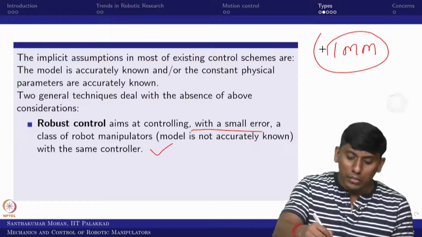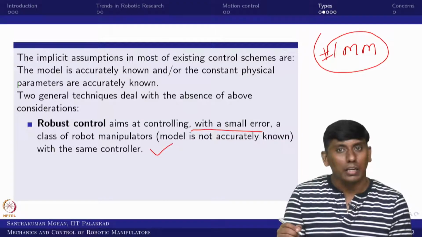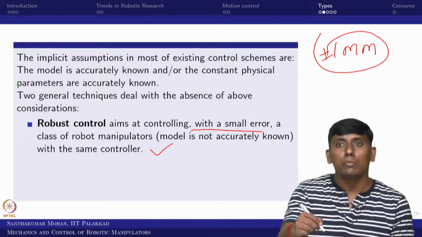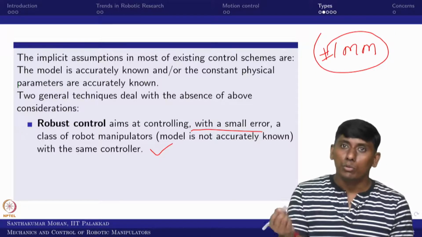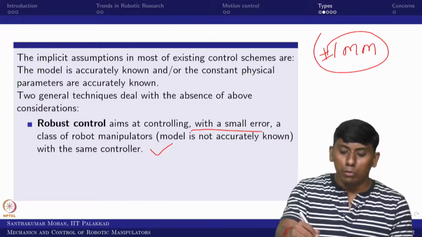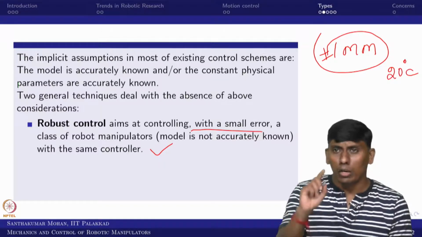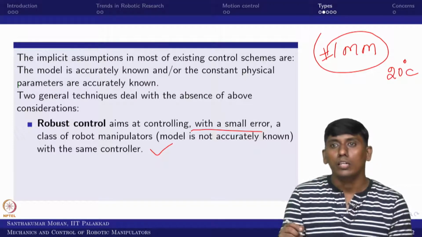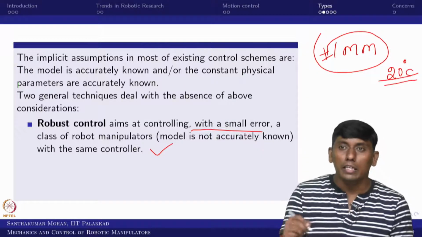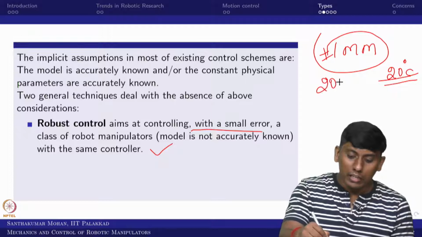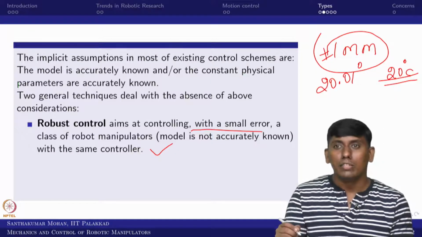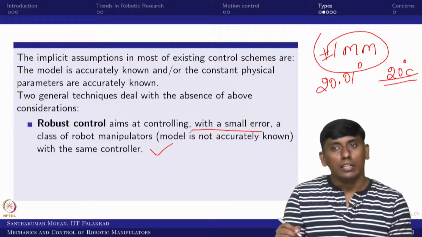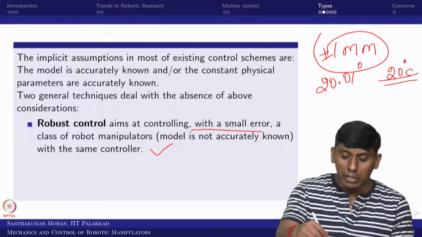So you assume that plus or minus 1 millimeter is your error limit. So if it exceeds or comes to 1 mm, the actuator will start functioning. Take an air conditioner: you set 20 degrees Celsius, and you assume it is a bang-bang control. Now the controller is planned for 20 degrees. Your system has actually reached 20.01. What happens? Your system will start, the compressor will start, the evaporator will start functioning,